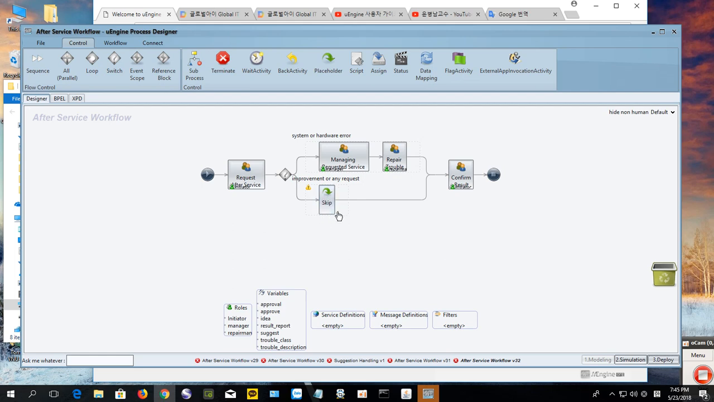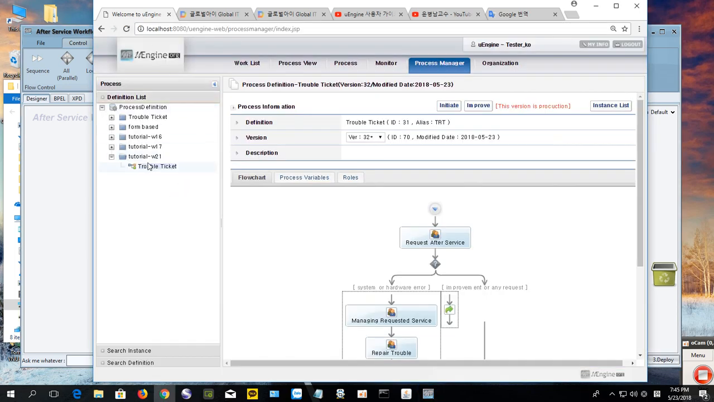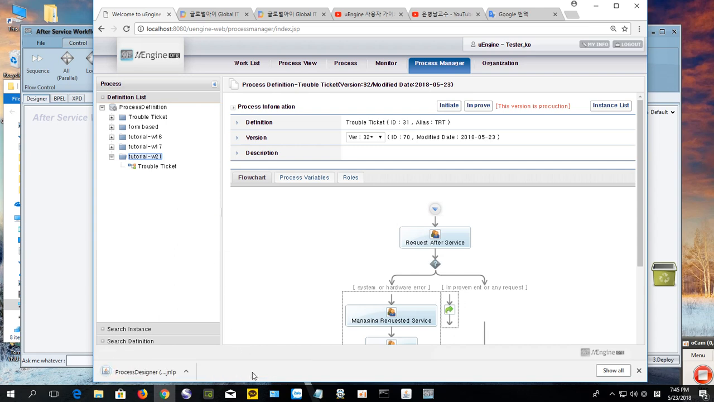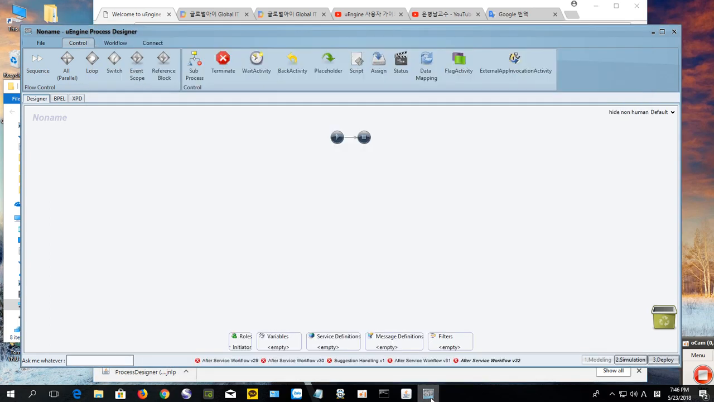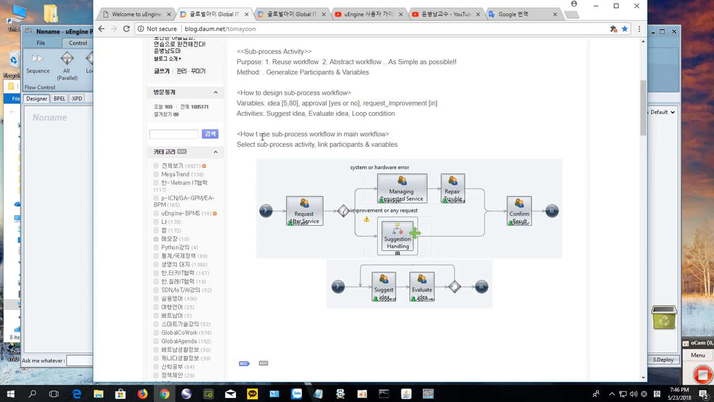So how can you do that? Let me show you. We create the new process here. Just click the new process. Okay, we get the process designer here. So we have to define the generalized variables and activities here. The variables are ideas, a text box, approval, a yes or no variable,